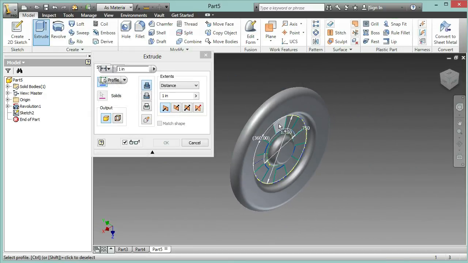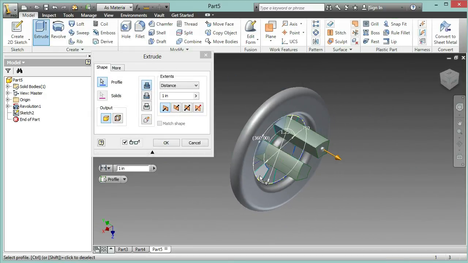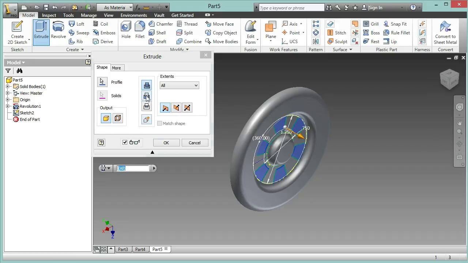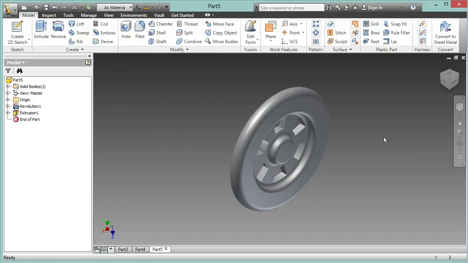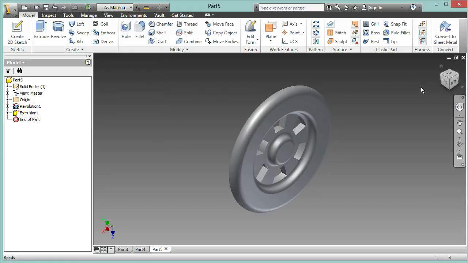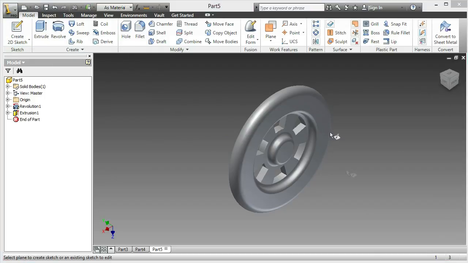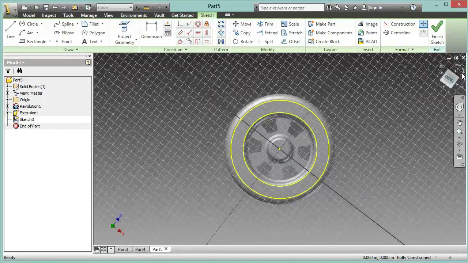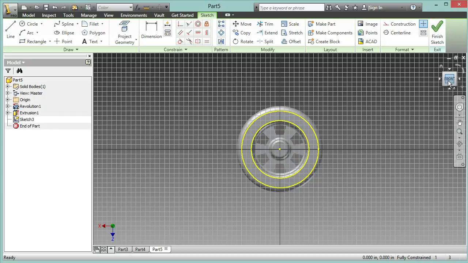Hit extrude, and I'll click on each one of them and select all and cut. Click OK, and now I have most of the wheel done. So now I'll have to create another sketch on this plane right here. I'll rotate the view again,